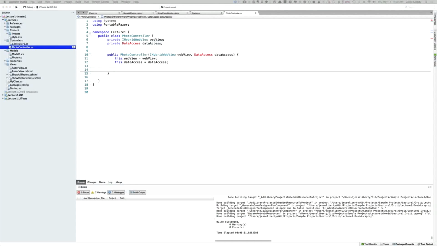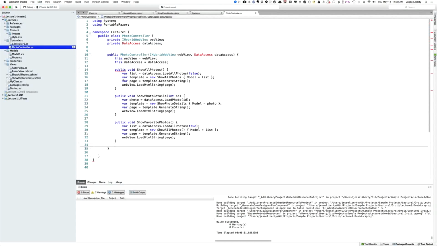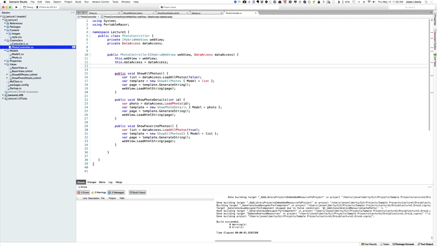All right, we're now going to drop in three methods, and I have kept them separate despite a painful desire to refactor these into a single method because I think they're much clearer this way for demo purposes. So the first one is called show all photos. Where'd my constructor go? I see, we've lost the close brace. Okay. The first one is called show all photos, and the idea is that we load the photos through the